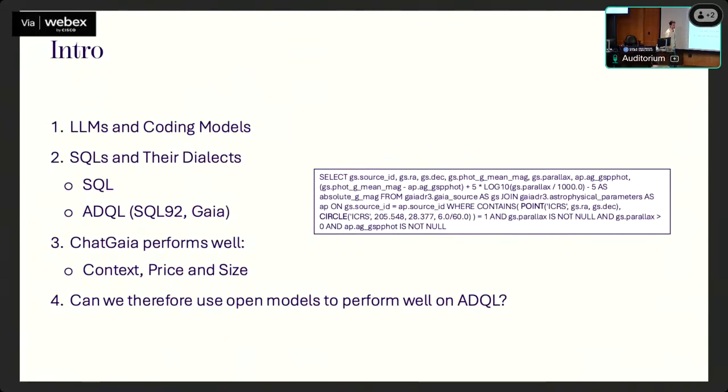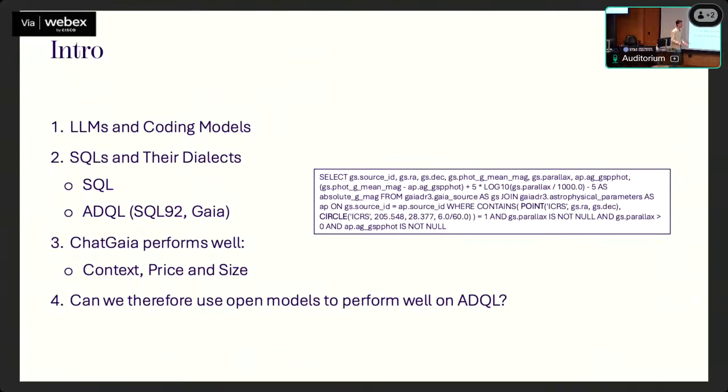So one of their applications is the SQL generation. Big models are super good at this, and now smaller and smaller models are being developed more and more, basically to be more open to the public and not have giants like OpenAI that are basically a monopoly. So one of the SQL dialects is ADQL, which is coming from SQL 92, and more specifically, it's using some specific functions that are not found anywhere, like this circle or point that you can see here. So models that haven't seen this beforehand are incapable actually of generating such queries.